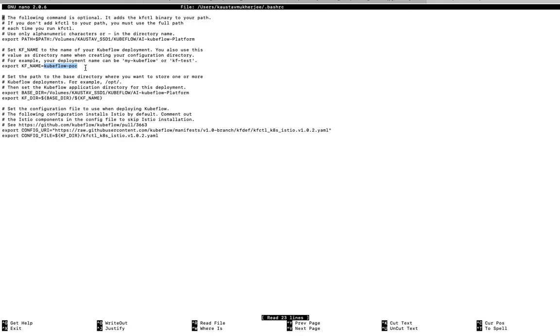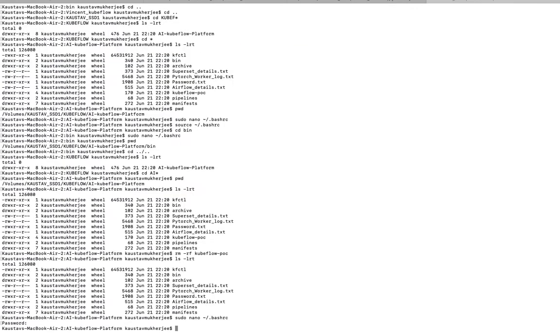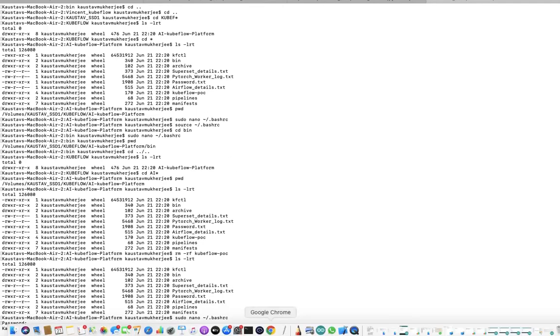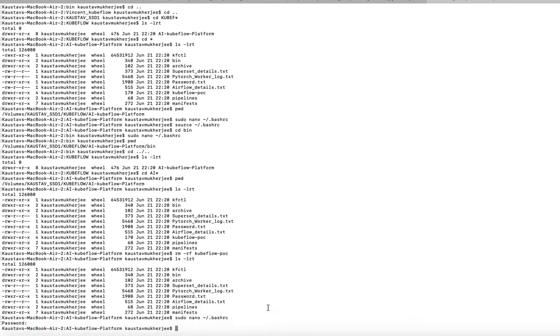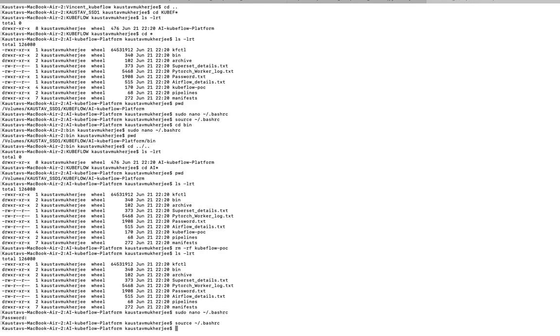Before you install Kubeflow, you have to set your base path over here and also over here, then make a directory under your base path with whatever name you like, and set the environment variables with all these names. After you do this, you have to execute the command source bashrc so the changes take place. After that, what you need to do is